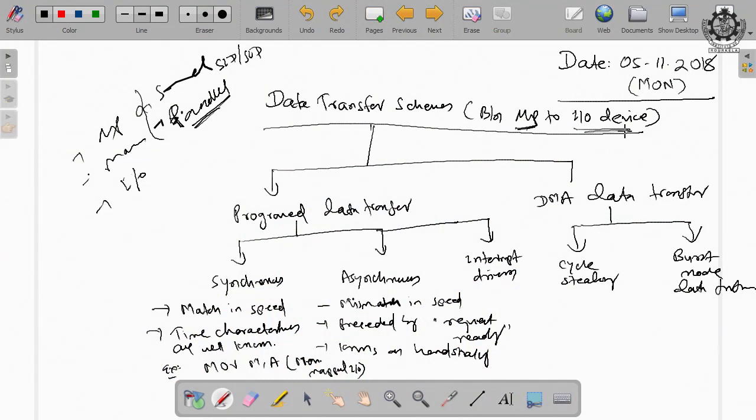So, here we are discussing the various data transfer schemes possible between the microprocessor and I/O devices within a microcomputer. I think you understood the difference between microcomputer, microprocessor, and microcontroller, because we use these three terms most often. The microprocessor is the CPU or the processor, and the microcontroller has the microprocessor, other I/O ports and memories, everything in a single chip.